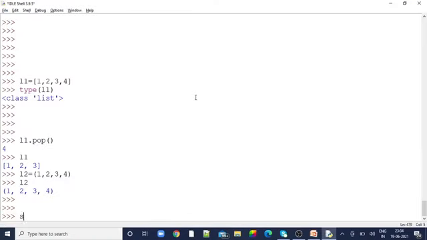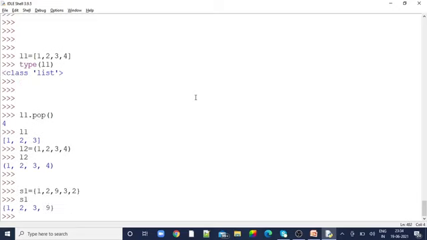Let me create S1, set 1, is equal to flower braces 1 comma 2 comma 9 comma 3 comma 2, and we'll check whether it allows duplicate members. Now I'm going to print S1. See, I have entered 2 twice, but it is not in that order, and also I gave 9 and 3, but 3 and 9 got swapped. This is how the set is used.